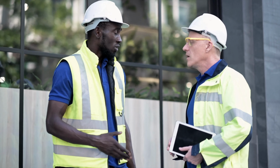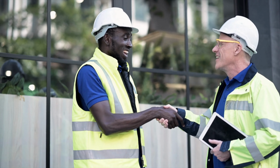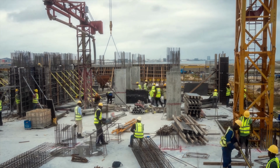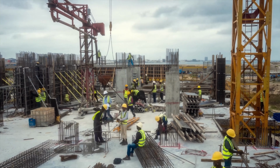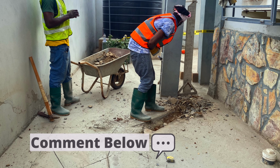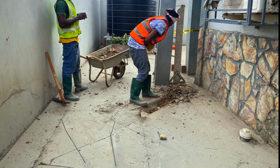But when you do get a second opinion or technical advice, you'll be told that, look, even though your first estimation is okay, I think it should be here, it makes sense here, and the gradient will come from here, or the slope is coming from here, so let's put it here. Let's not send it to the back of the building because the slope is coming to the front of the house, and then it means that all the water will be coming here, when all the rainwater will show up at a particular point, and you need to know all these things when you want to construct a biodigester. So consult other qualified constructors of biodigesters and seek their second opinion if you want to become a good biodigester constructor. The fourth most important biodigester construction secret that as a biodigester constructor you need to know is